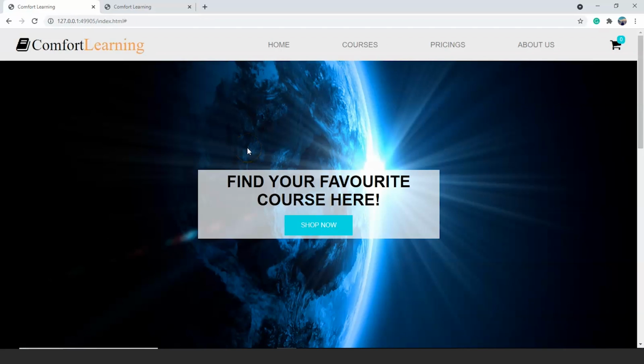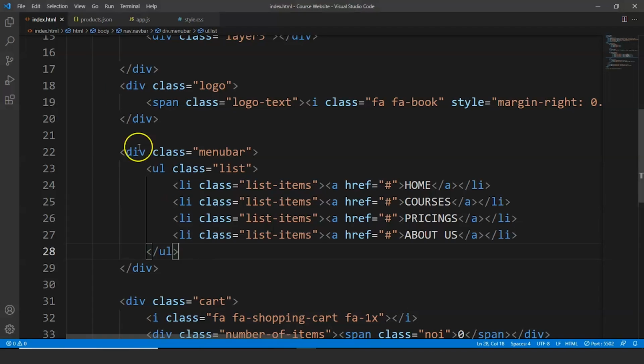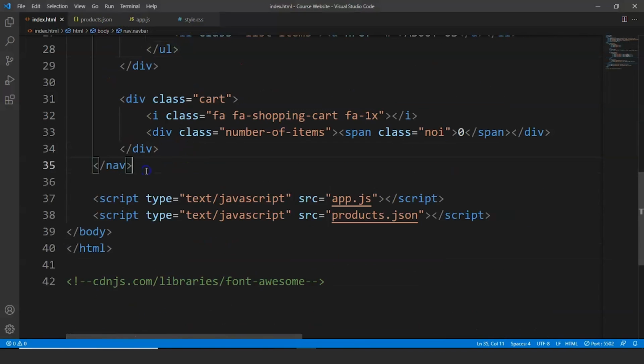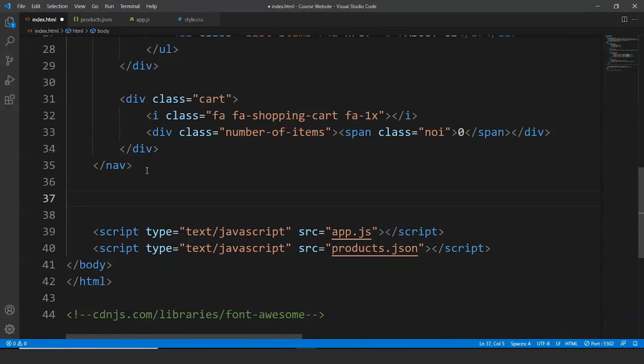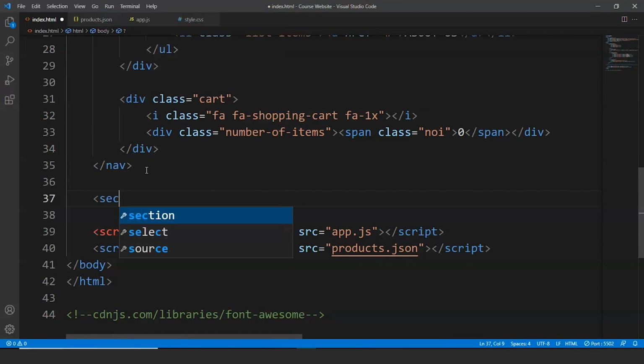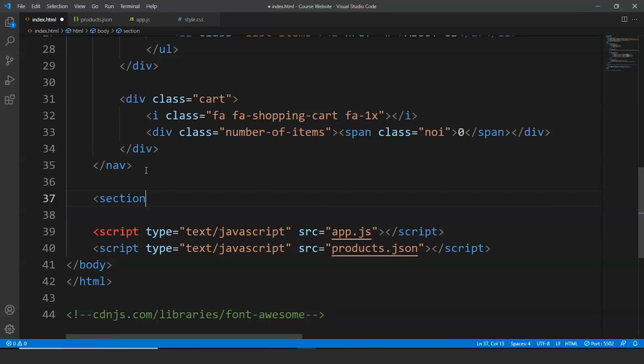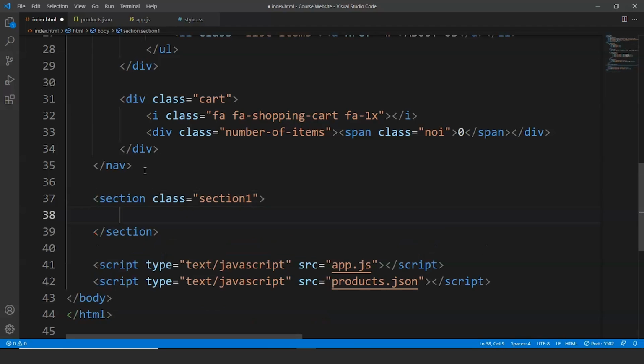And the next part of our website is the background image with the card present on it, right? So let's write the code for this section as well. What we'll do is we'll move to our HTML file and right here we'll write section, class is equal to section1. So we are using the section tag to define a particular section in the web page. Now we'll write here div, class is equal to banner,